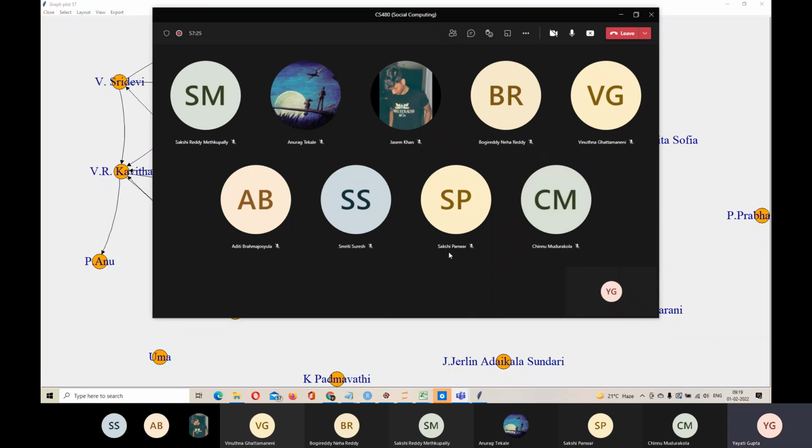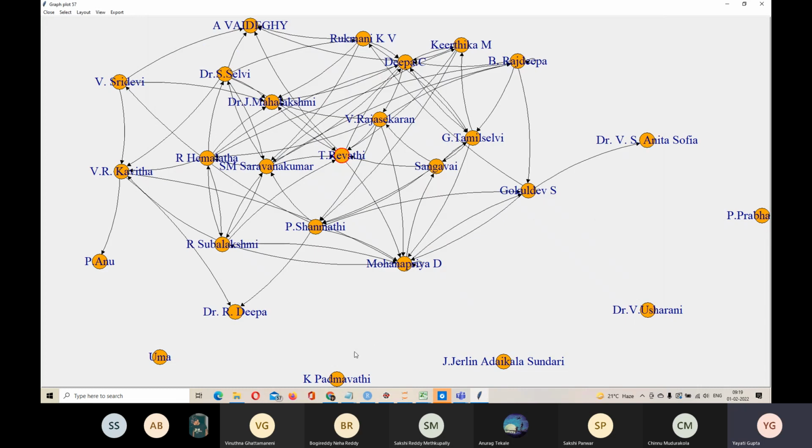Take your time. I'll give you 5 minutes and I want each of you to come up with a few questions you can ask on this graph. Maybe I'll share a Google Doc with you. You can write your name followed by the questions you can ask on such a graph. And we'll continue from here in the next lecture.